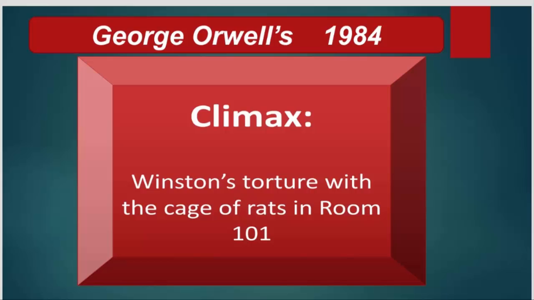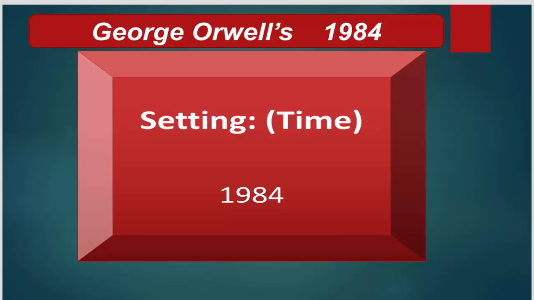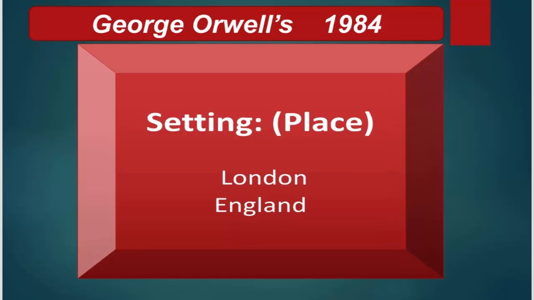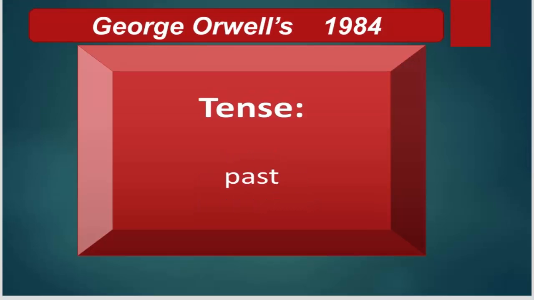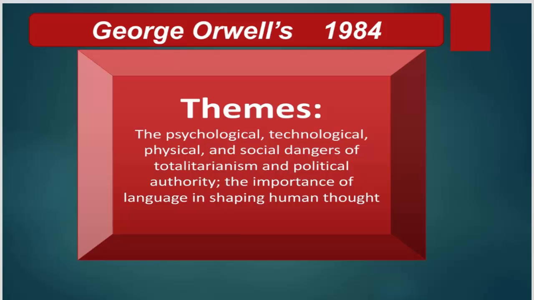Climax, Winston's torture with the cage of rats in room 101. Setting by time, 1984. Setting by place, London, England. The tone of George Orwell's 1984 is dark and frustrated and pessimistic. Tense, it's in past tense, and the themes are the psychological, technological, physical and social dangers of totalitarianism. You have to remember the definition of totalitarianism as well, and political authority, the importance of language in shaping human